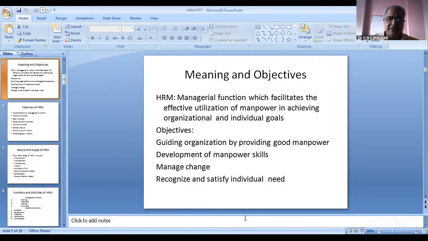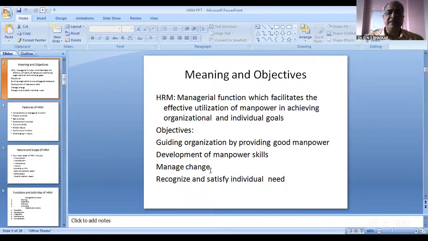Then managing change. I already told you about this aspect in yesterday's class. That is change management. People deliberately don't accept changes. Even a small change leads to greater resistance from the employees. They basically want a sticky environment, and they will follow the same type and same culture in that.